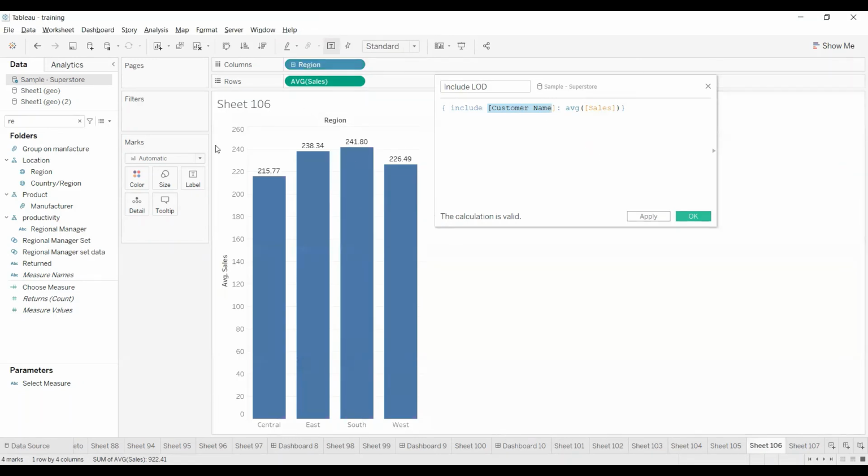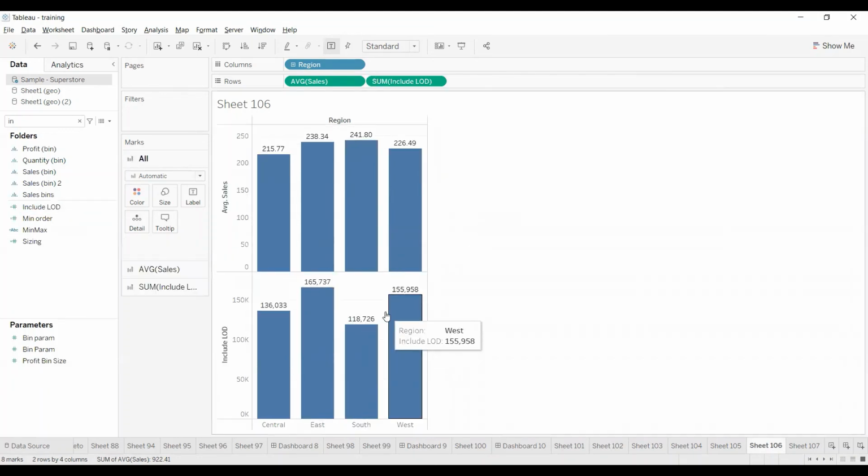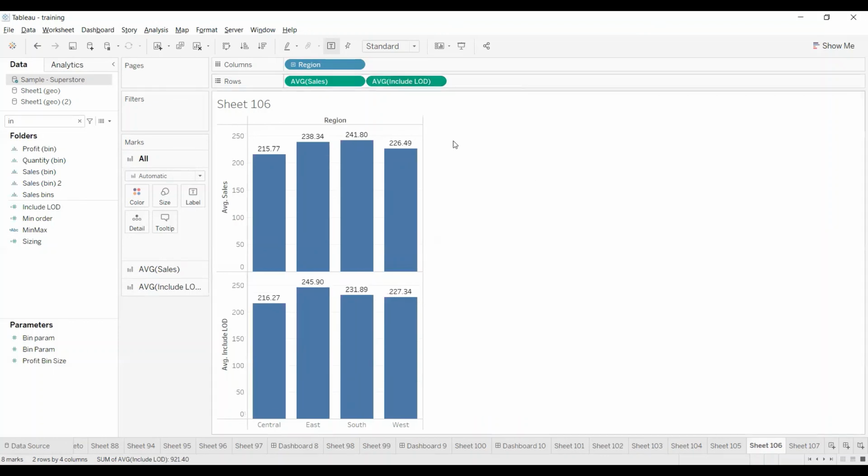Click on OK. Drag and drop this include LOD expression beside the average sales. By default, it is giving the aggregation as sum, so right click here and change the measure from sum to average. Now you can see what we have considered.